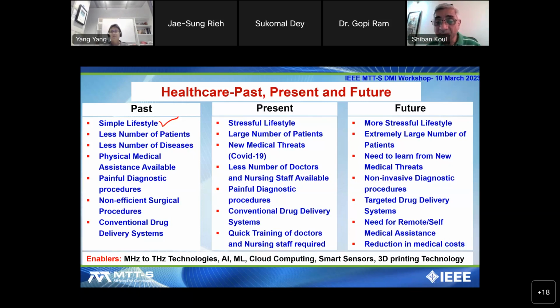And in future, life will be still more stressful. An extremely large number of patients will be there. We won't have enough doctors. We need to learn from the previous medical threats, and then we have to look at non-invasive diagnostic procedures so that the pain is reduced. Then we have to have targeted drug delivery systems, remote self-medical assistance, and also a reduction in medical costs. And the enablers will be megahertz to terahertz technology, artificial intelligence, machine learning, cloud computing, smart sensors, 3D